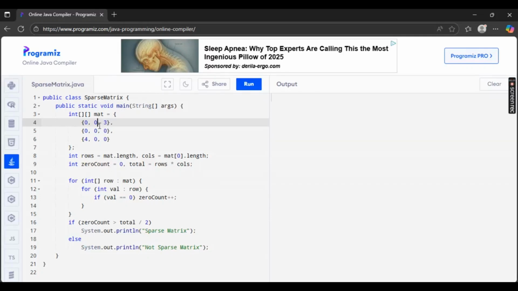Want to know how to check if a matrix is a sparse matrix in Java? So in this video, we will be coding and I'm going to explain how to check if a matrix is a sparse matrix. A sparse matrix is one where the number of zero elements is more than half